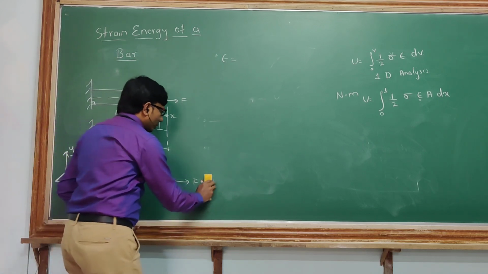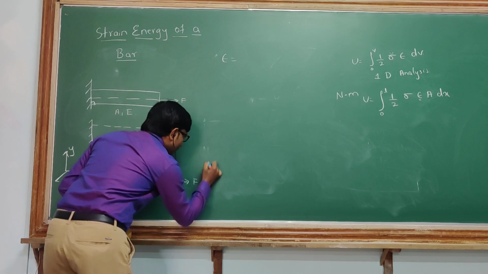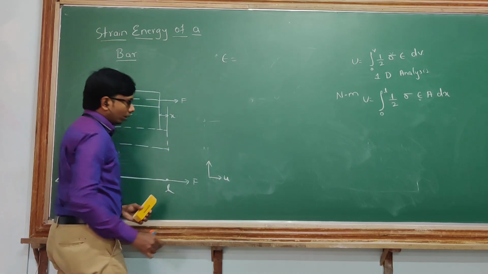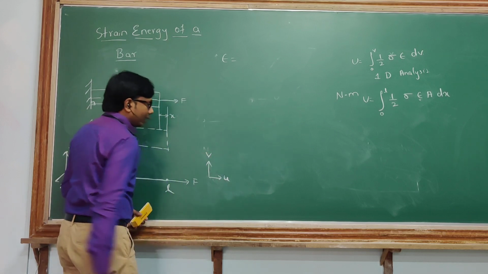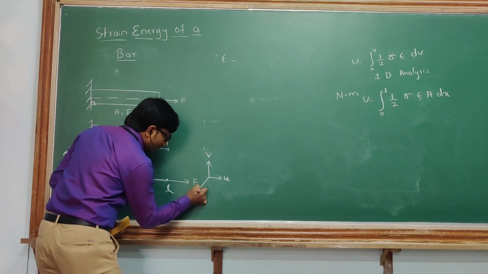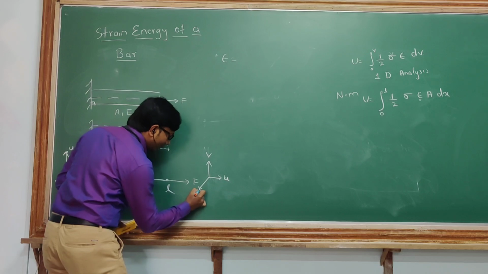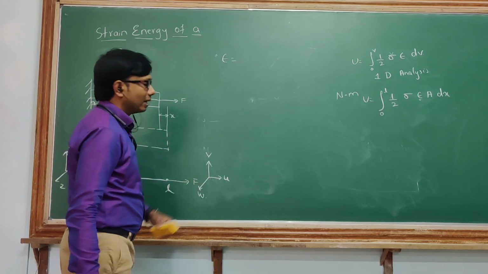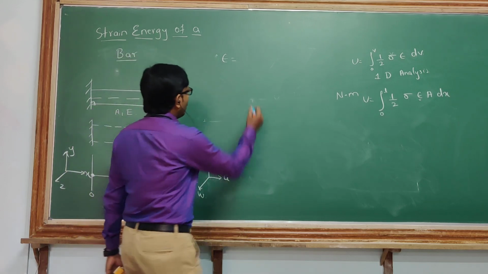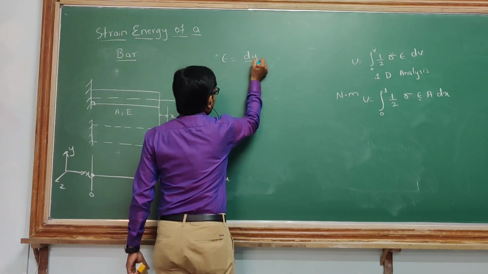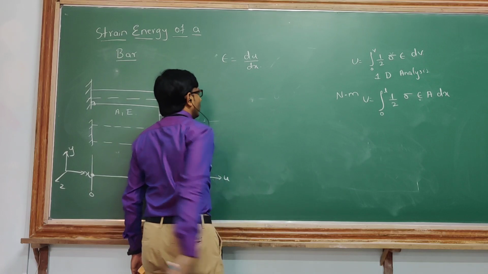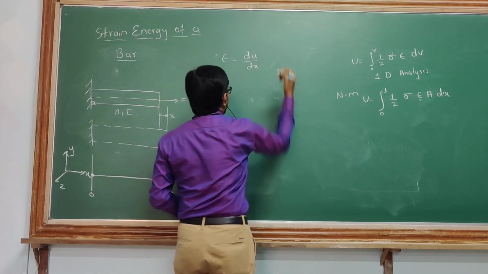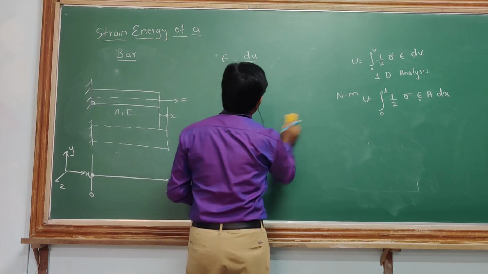So the change along the x axis, I will write as u. Whatever change is in y, I will write as v. Whatever the change is in z, I will write as w. So what is the change which is happening? It is happening in u, so I will write it as du by dx. I hope you have gone through this equation in your third semester. Okay, du by dx.